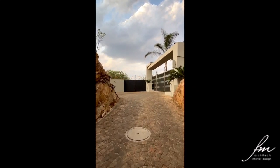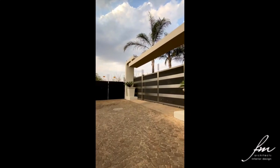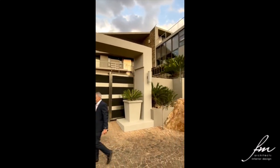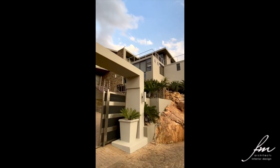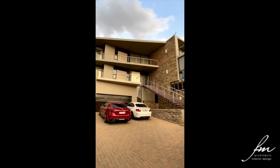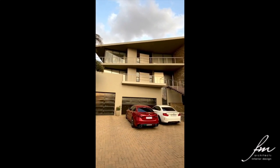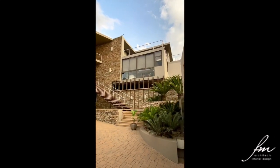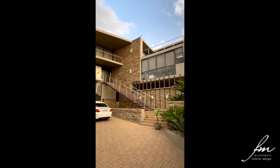Highly unusual indeed. The design of the house actually blends with the stand. So what we've done with the particular residence is that we have taken the stone finish that we have on the outside on the koppie, and we have brought that look through the house to form rustic elements in this very modern residence, so that you get the juxtaposition of the steel,